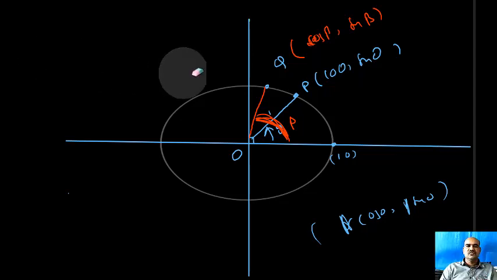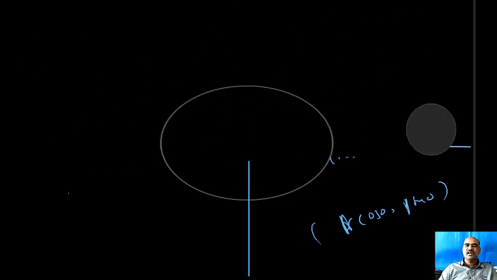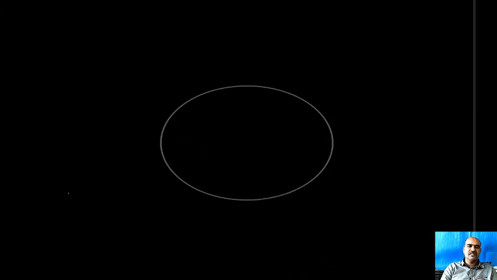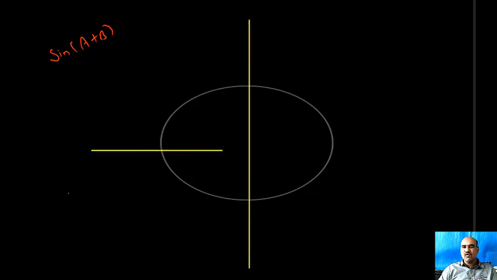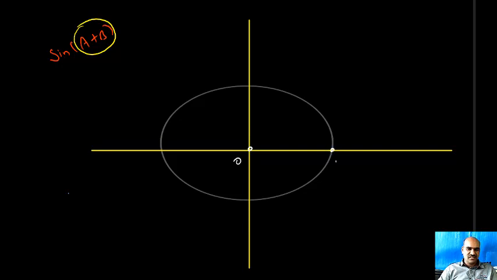Okay students, I am going to explain now the trigonometrical ratios for compound angles. For example, we want sine of A plus B. First of all, we want to take an angle on the coordinate plane whose magnitude is A plus B, and whose initial arm should be the positive x-axis. For example, this angle is A plus B.